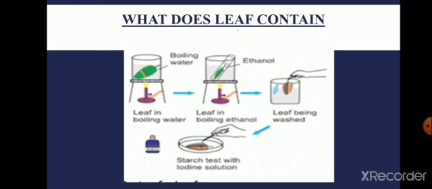What do you see? First you take a test tube and fill it with alcohol. Place the test tube in a beaker with half-filled water and heat it. Heat it till all the green color drains out from the leaf into the alcohol. Take out the leaf and wash it in water. Keep it on a plate and pour iodine solution over it. What do you see? The leaf turns blue-black. The blue-black color shows the presence of starch in the leaf.